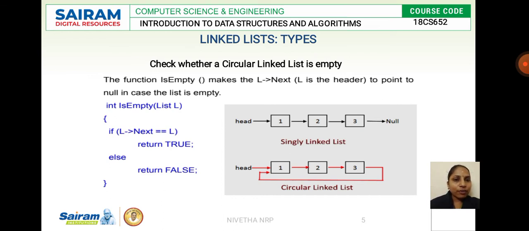What is L of next? It specifies when you say that the list is empty, when you don't have an element in the list. So you are checking L of next; when you don't have a next, it specifies that there is no element in the list, so it returns true. True specifies that your list is empty. Otherwise it returns false. When you have a next node, the element is followed by that node, so definitely it cannot be the last node.